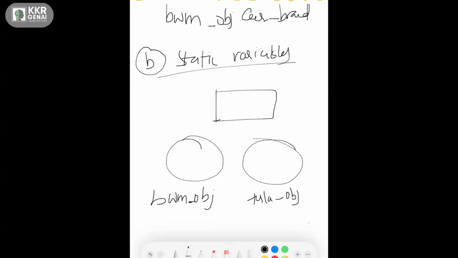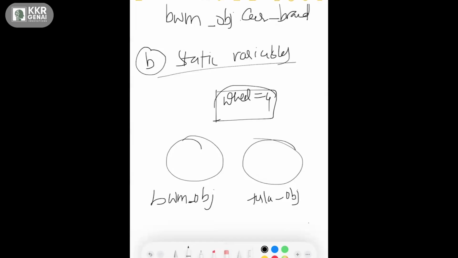Let's say wheels is one common variable for all the objects, whether it is BMW, Tesla, or any other car.